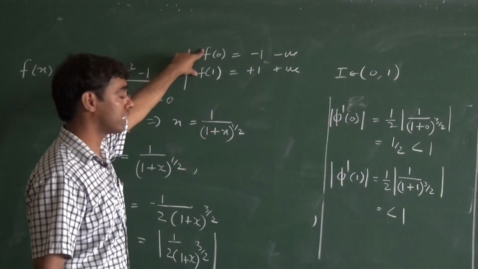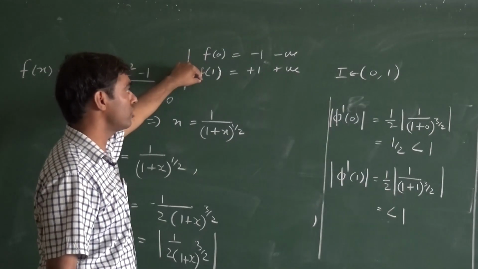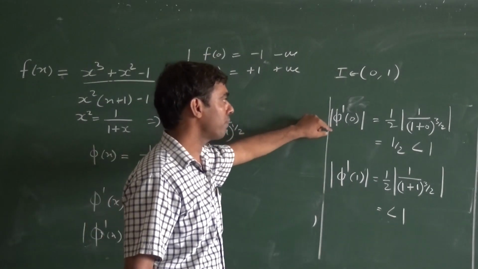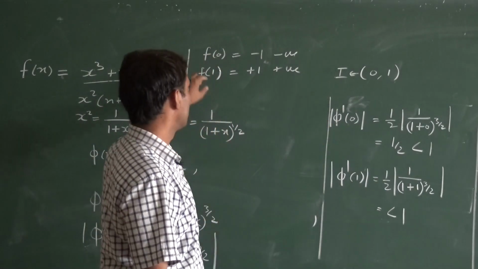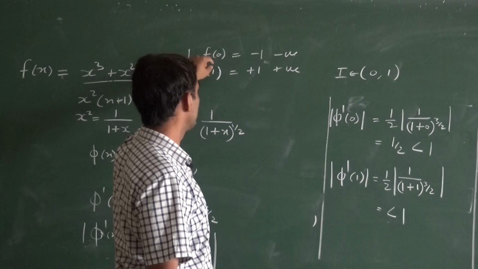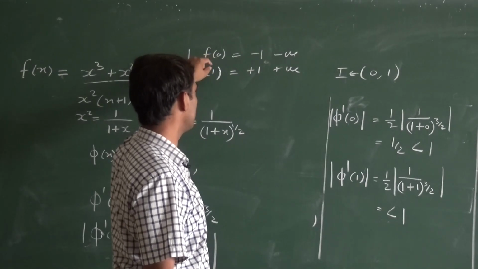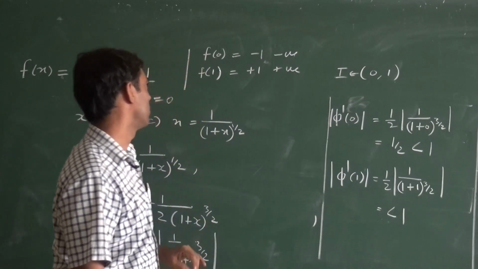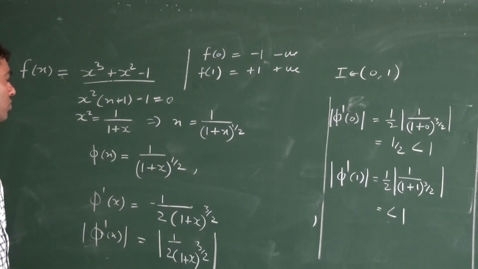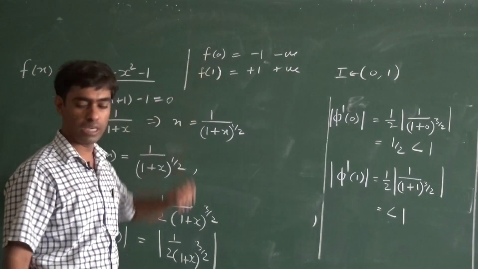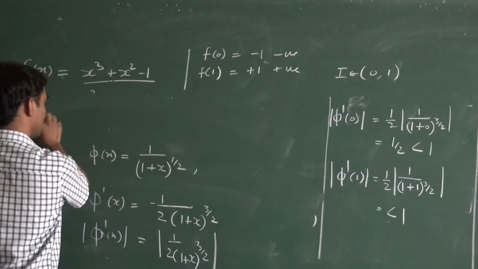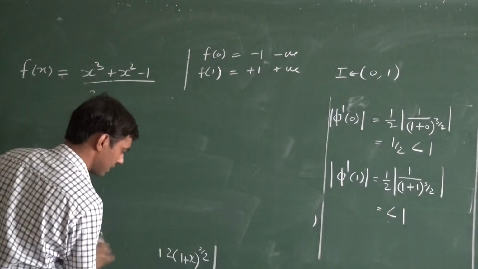Here we only ensure that the root lies between 0 and 1, but there is no other use for finding the approximate root. This only decides whether we choose from this class interval, or 0.5 to 1, or 0.2 to 1, for the initial approximate value. We only use the result that f of 0 and f of 1 show a root lies between 0 and 1 to choose an initial value. So once we decide this phi x is the correct phi x,